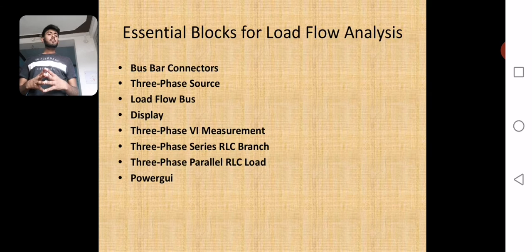The power GUI block is necessary for simulation of any Simulink model containing power system blocks. It is used to store the equivalent Simulink circuit that represents the state equation of the model. GUI stands for graphical user interface, which displays steady state values of measurements, currents and voltages, as well as all state variables like capacitor voltage and inductor current. The power GUI allows you to modify the initial state in order to start the simulation from any initial condition.